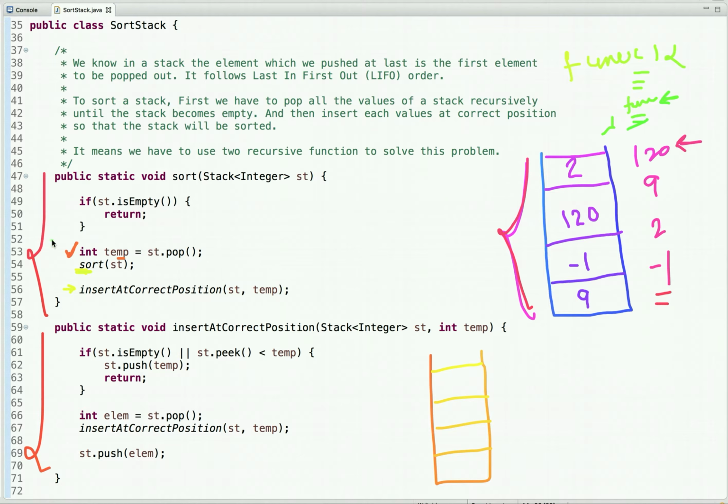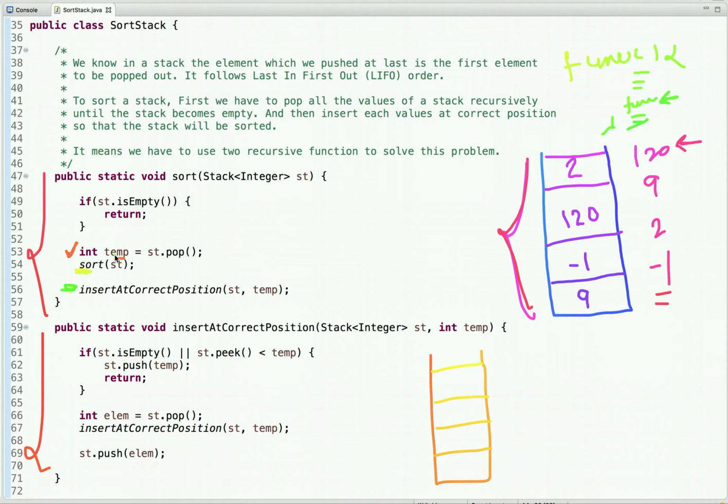Similarly, when we call the function recursively, all the function calls are put in the call stack, and whenever this function is executed successfully, then we reach this line of statement. In a recursive function, the base condition is very important.